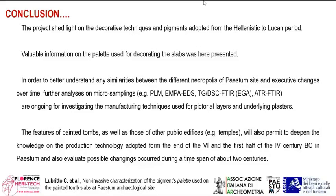Concluding, the project, articulated in a preliminary in situ investigation by means of non-destructive analytical techniques, shed light on the decorative techniques and pigments adopted from the Hellenistic to Lucanian period. Valuable information on the palette used for decorating the slabs was presented here. Single spot techniques confirmed that the artist's palette is quite limited and coherent with the contemporary funerary art in the